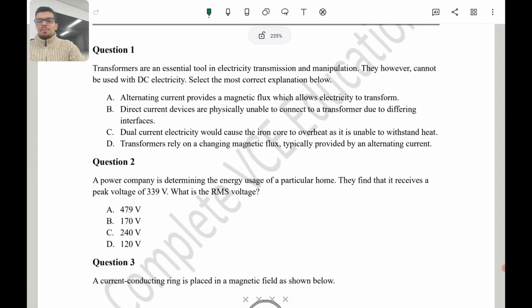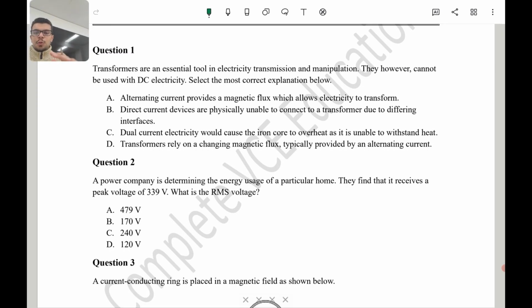So, question 1. Transformers are an essential tool in electricity transmission and manipulation. However, they cannot be used with DC electricity. Select the most correct explanation. Okay, so we know that transformers cannot be used for DC electricity because they rely